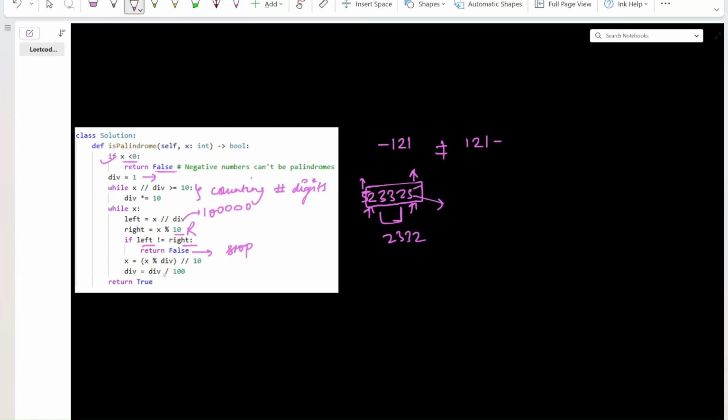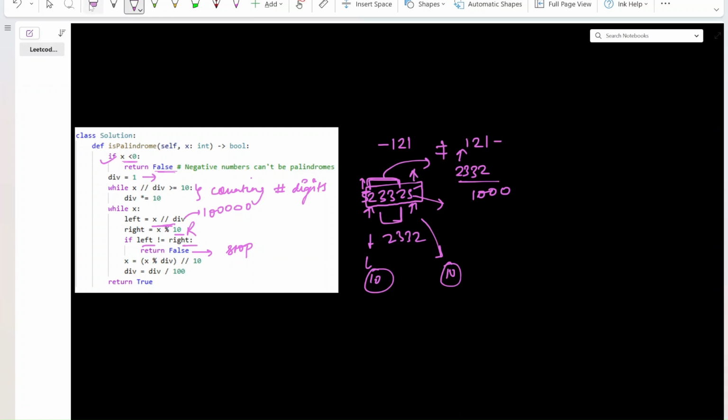And then we need to change the divisor as well. So that's why we are dividing it by 100. The reason being, first we need to remove left, so we need to divide by 10 here, and then we need to remove right. So again, we are dividing it by 10 here. So that when we divide it next time, we are left with only this much number. And then we just have to divide here. So divide 2332 by 1000 to get the leftmost value.